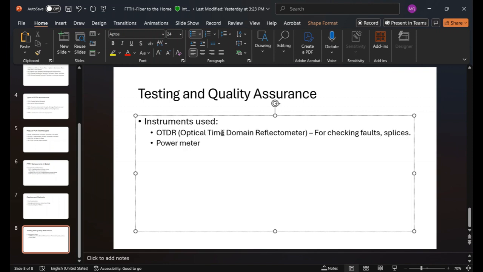Number two, power meter and light source